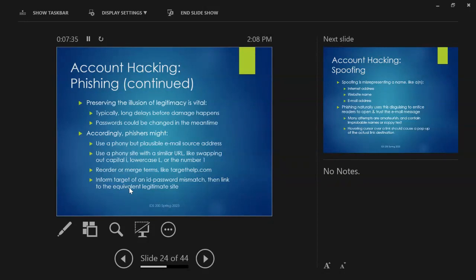All right. Now, again, sometimes this happens in real life. I mean, we all see these kinds of spam phishing emails in our email box. I remember about 15 years ago, my mom, who was close to 80 at the time, called me up one morning in a bit of a panic, and she said, Doug, I have a big problem. And I said, okay, Mom, what is it? And she says, I just got this email from Bank of America. And I said, okay. It says my account may have been hacked. And I said, okay. And she said, they want me to log into my account and change my password.